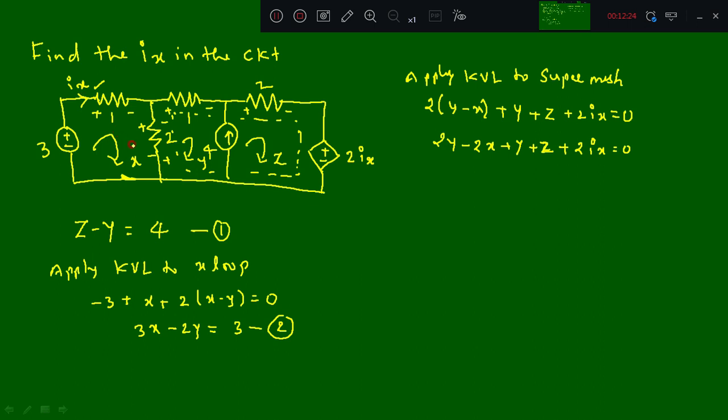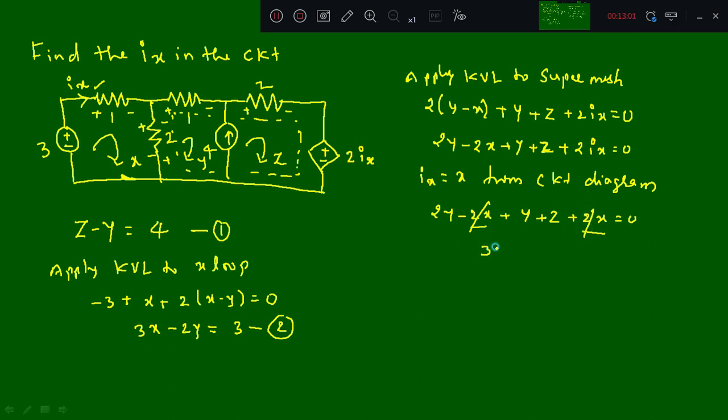So, ix is nothing but directly equal to x. So, I will take ix is equal to x from the circuit diagram. So it is 2y minus 2x plus y plus z plus 2x is equal to 0. So this 2x and this 2x terms get cancelled. Then I will get it as 3y